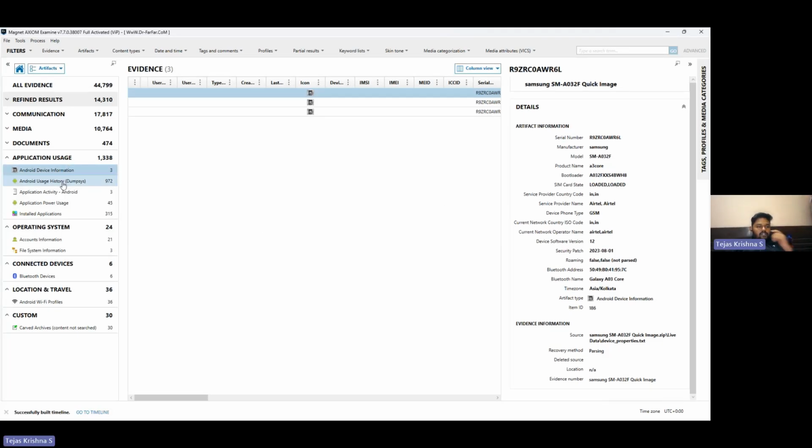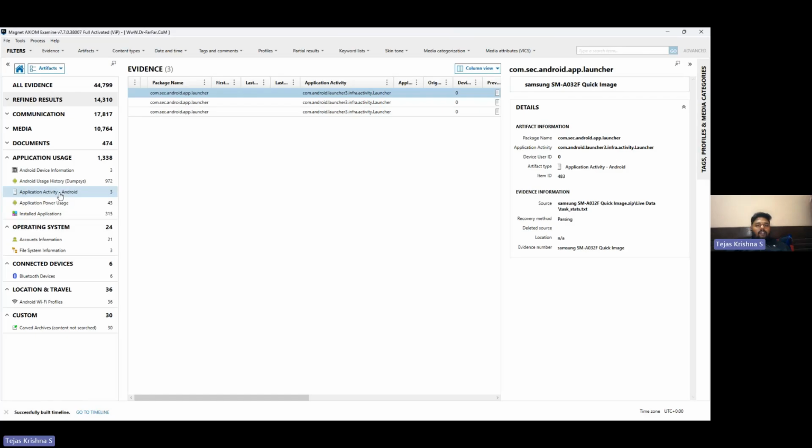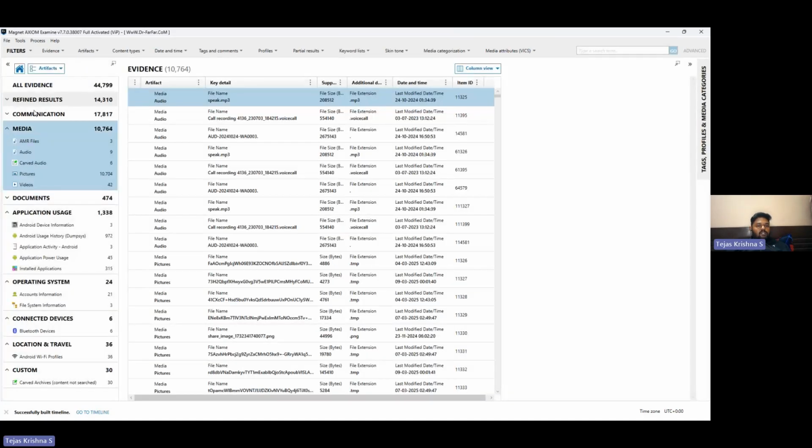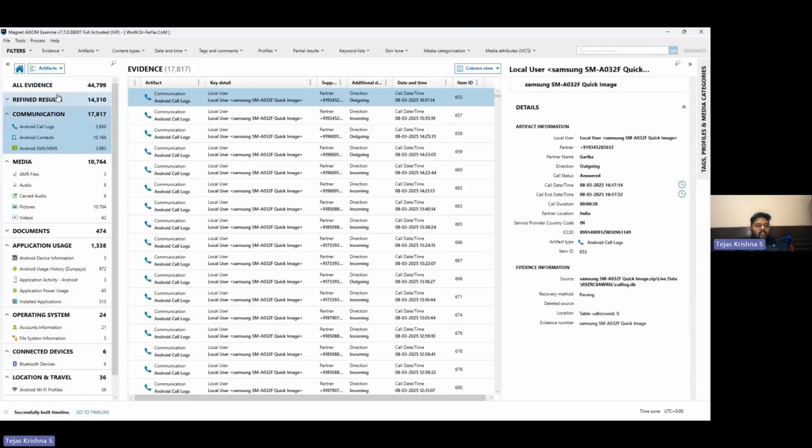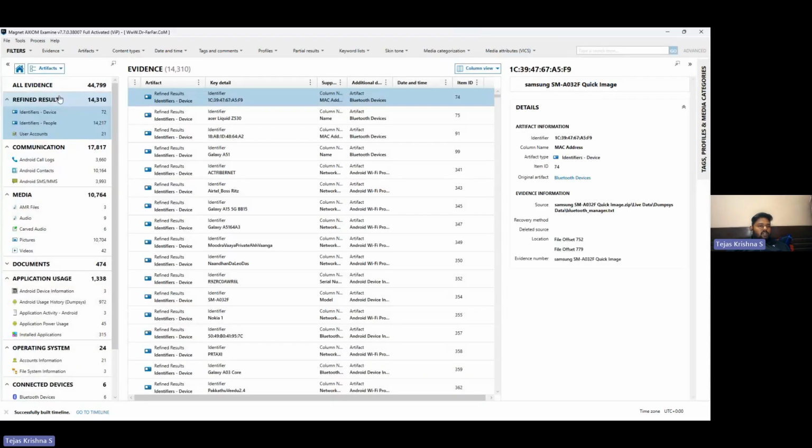Then Android usage dumps, application histories. Then you'll be able to find the media, all these things. You'll be able to find the communication. Then you'll be able to find all the user account IDs. Then people, all these things you'll be able to find. So this is the basic